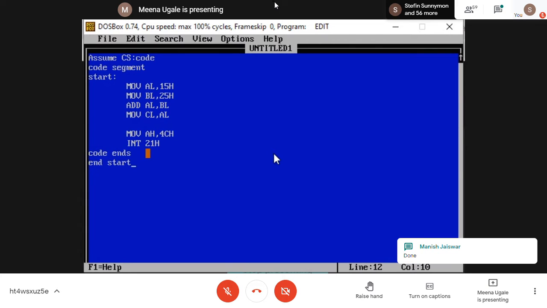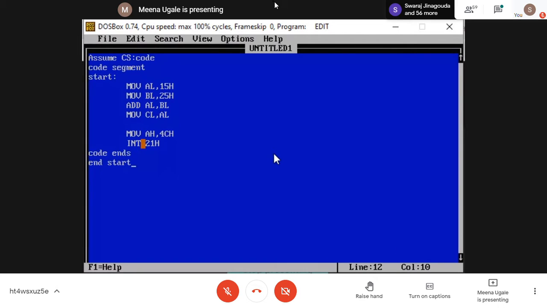Ma'am, will you explain the last MOV command again, please? Which one? The last MOV command. This one. Okay. See, this is interrupt 21H. Interrupt 21H is used for various purposes. We are going to use four or five from that. When I use this interrupt 21 for termination of the program, I need to load the 4C value in the AH register.